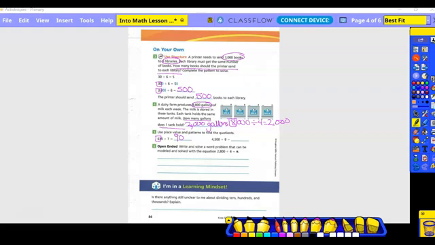Our next one is 4,500 divided by 9. Can 9 go into 4? No. Can 9 go into 45? Yes. Okay. So that's what we're going to put in our box. So what times 9 gets us 45? 5. And then I'm left with 2 zeros. Number 6, open-ended. Write and solve a word problem that can be modeled and solved by the equation. So let's just kind of use what we had on number 4. Okay. So a dairy farm